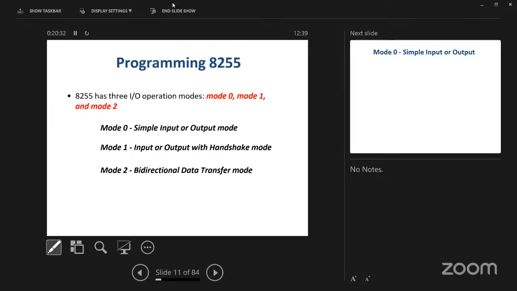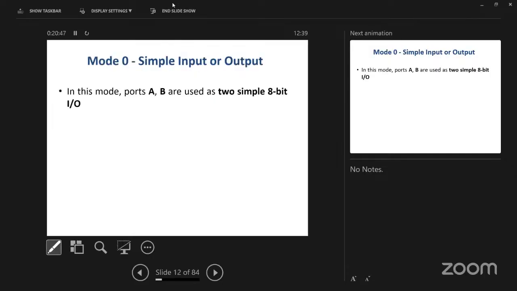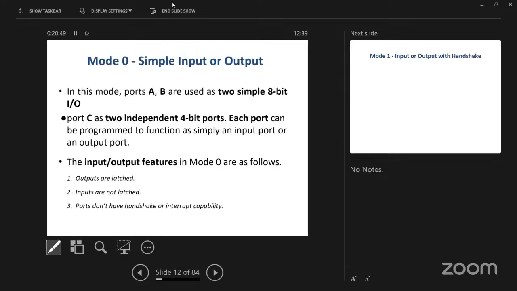Just you can write down this mode 0 for the general input or output ports. The mode 1 can be input and output with handshake signals, and mode 2 the bidirectional data transfer using the port A pins, and these handshake signals ఇవన్నీ not required for this. కావాలంటే మీకు ప్రొవైడ్ చేస్తాను, but as per your syllabus it's not required. Okay, so